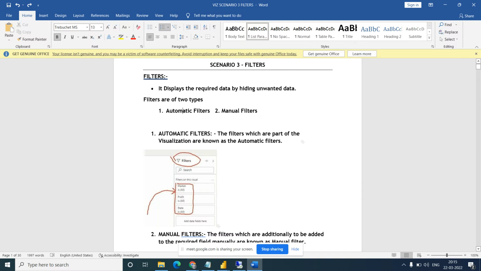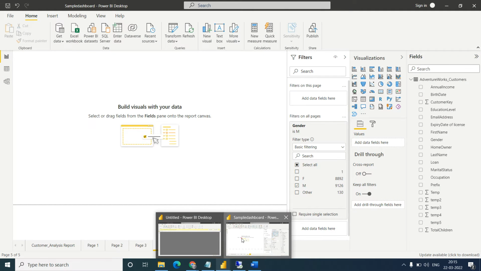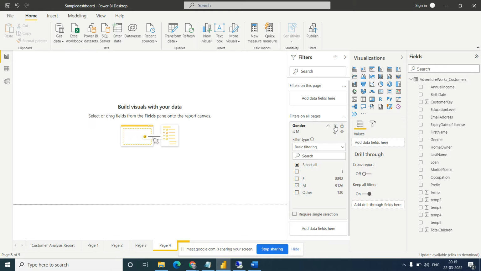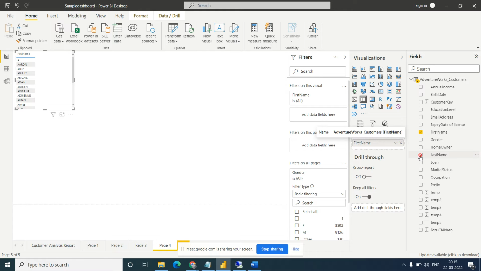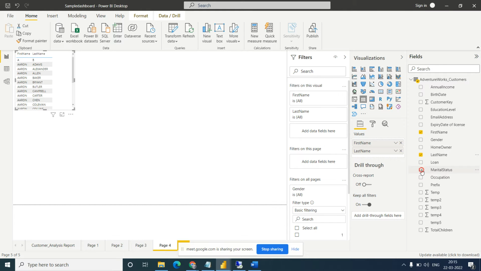What is the automatic filter? Let's say I am creating some charts. Let's clear this. Okay, filter, and take the first name, last name, marital status.